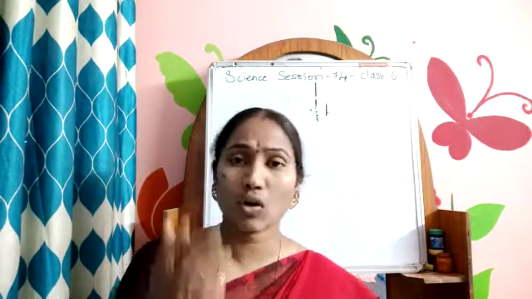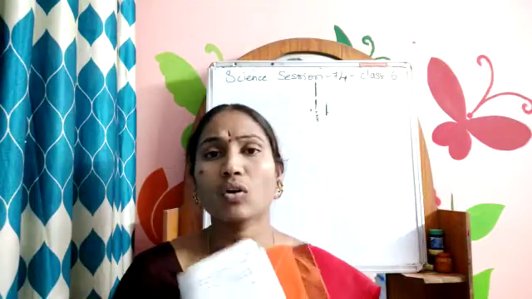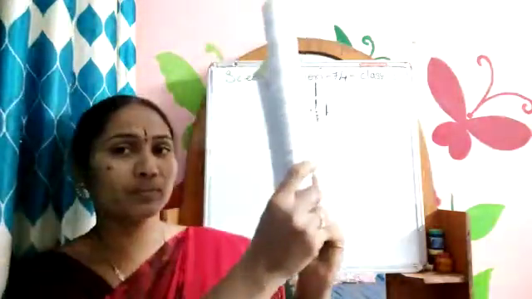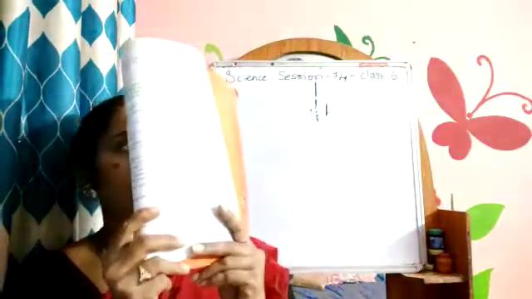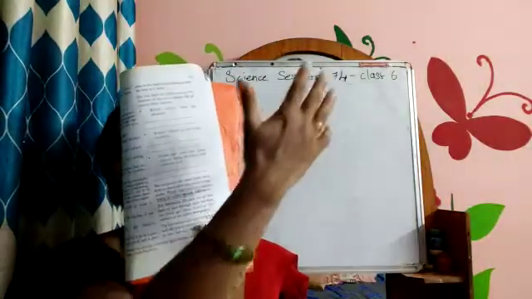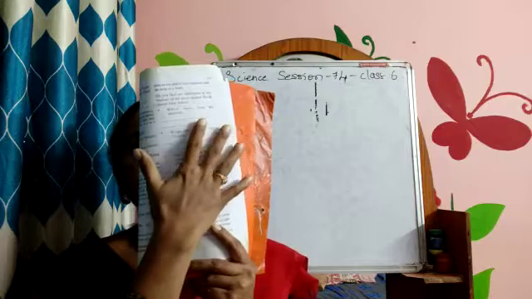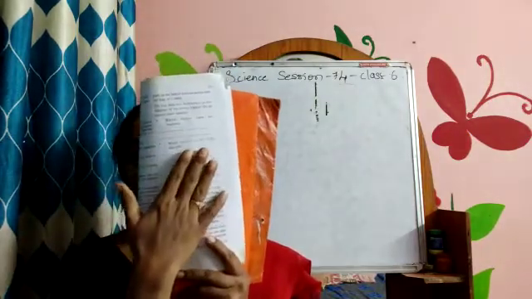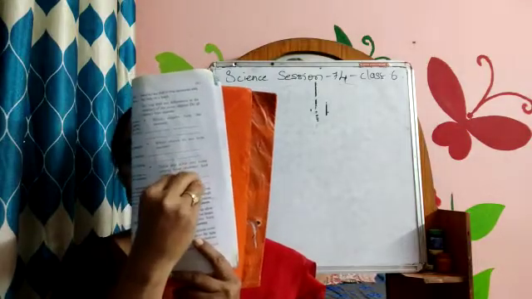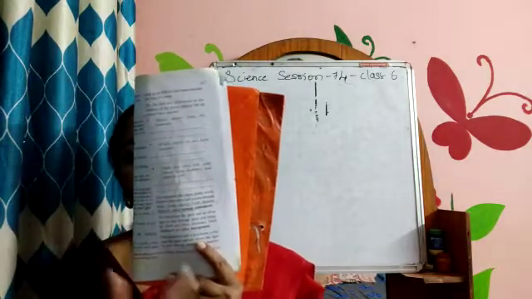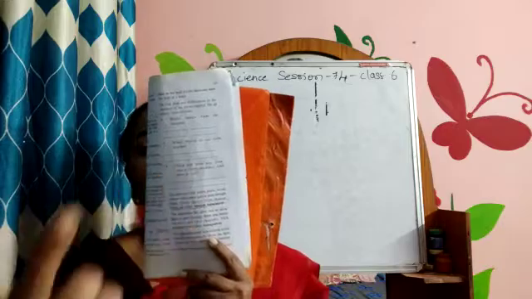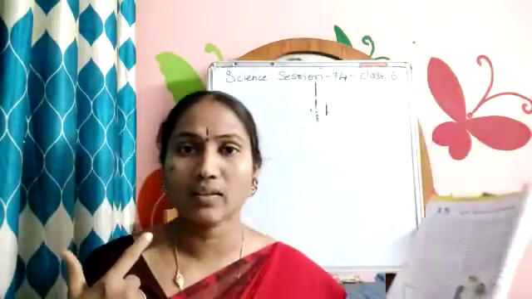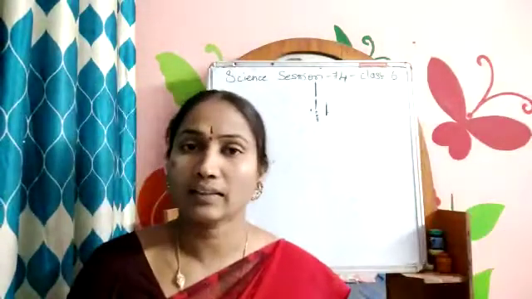So if light rays do not fall on me, when does that happen? If something obstructs. Just see, I am keeping this book on my face. So what happens? The light rays that are falling on my face are not bouncing back onto the camera. The light rays are falling on this book and this is bouncing back onto the camera. That means the reflection of the book is falling on the camera and you are able to look at the book, not my face. So this is the obstruction. I think it is clear for you.